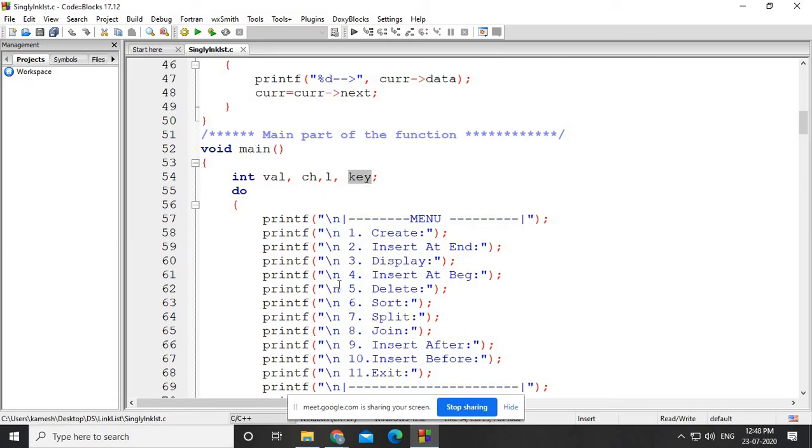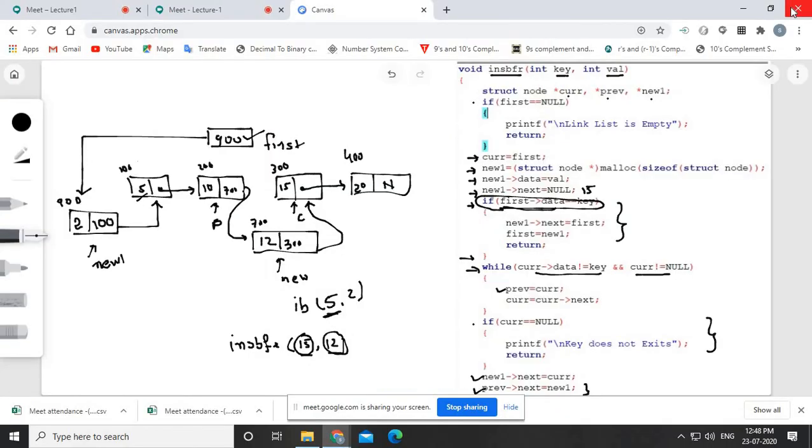Okay, fine. So with this discussion, we have already completed the program of a single linked list, right? And I will put the whole program into your Telegram group so that you can go through the code, right? Now from the next session onwards, we'll start a discussion on a doubly linked list. Fine. So I am just ending